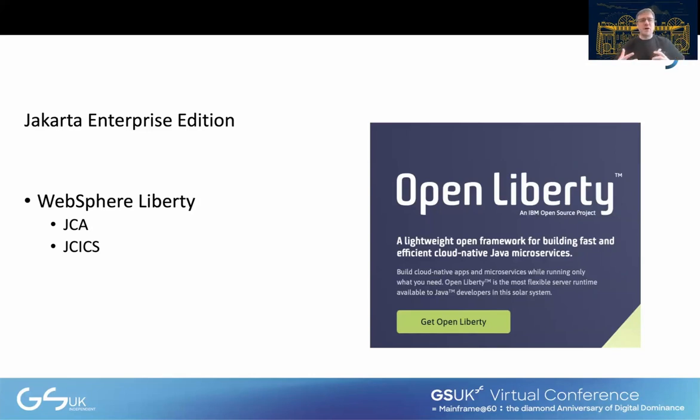The idea around this is it's a whole bunch of specifications for working with data and working with other systems and exposing applications in a way that you want to use them. And there's a couple of key things that we can look at if we're using something like WebSphere Liberty